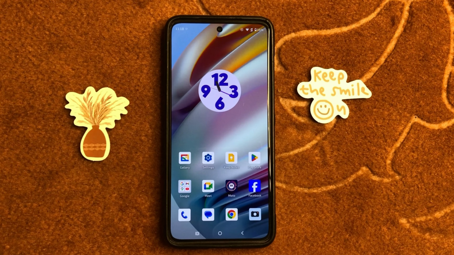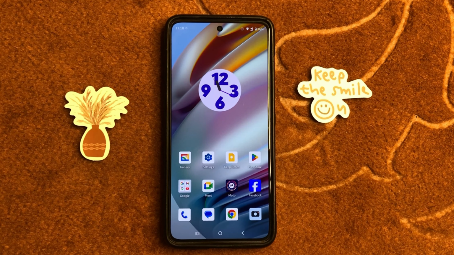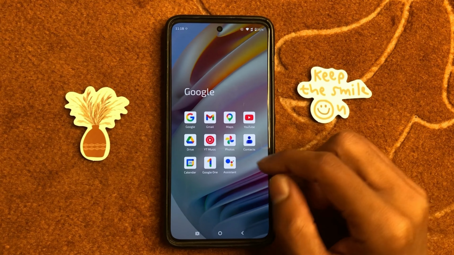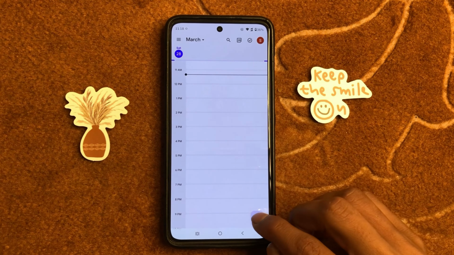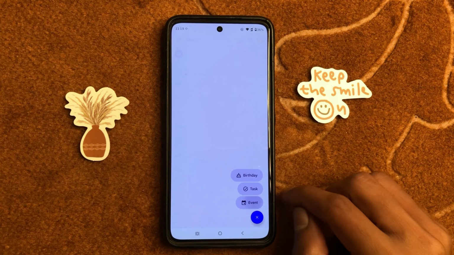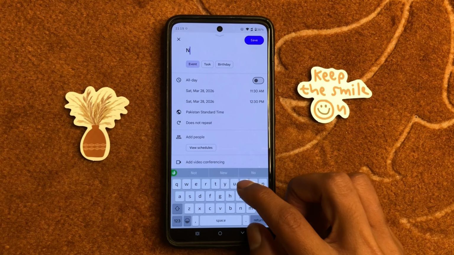In this video, I will show you how to add an event to calendar in Motorola Edge 70 Fusion. First of all, open calendar, click on add icon, click on event, enter event name,